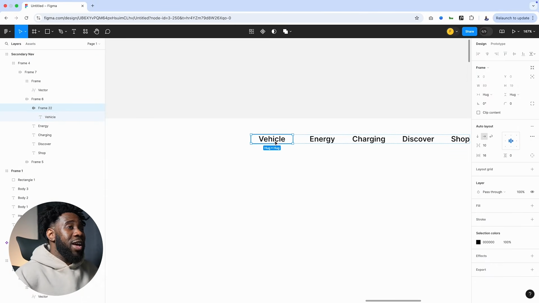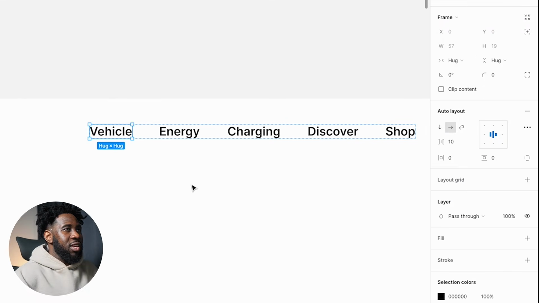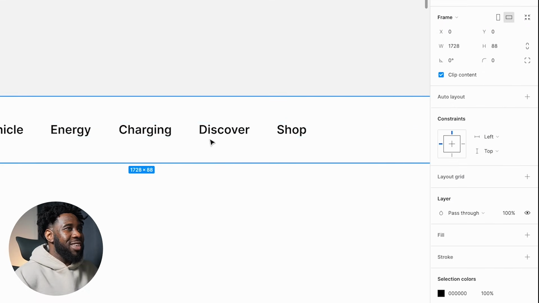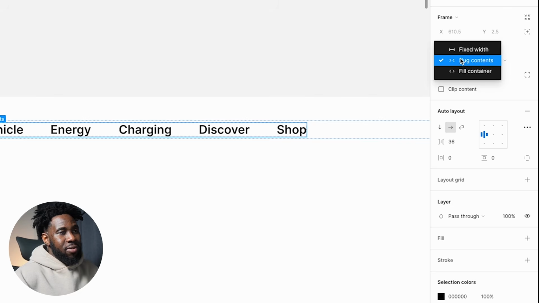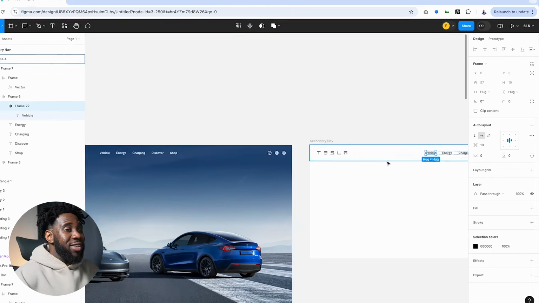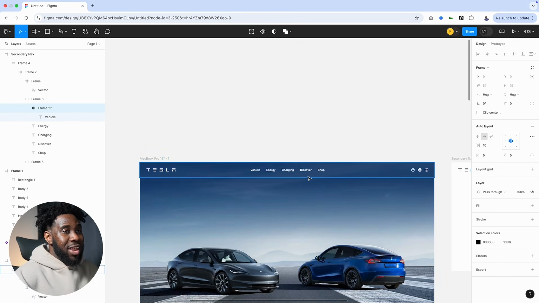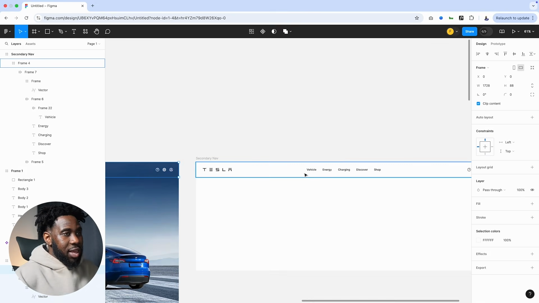Now, I have just realized that if we wanted to achieve this effect, we should have planned for it at the very beginning when we were creating the nav bar for this one. And remember what I said about components. Because we didn't make this nav bar a component, any change we make to this would not reflect here. So we're going to try to fix our mistake by coming back here,